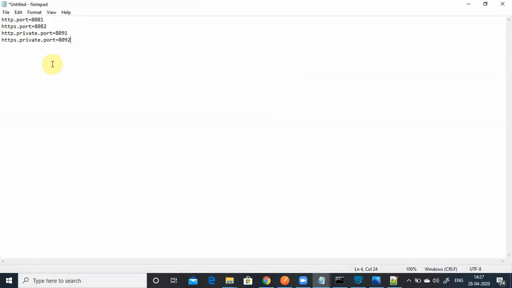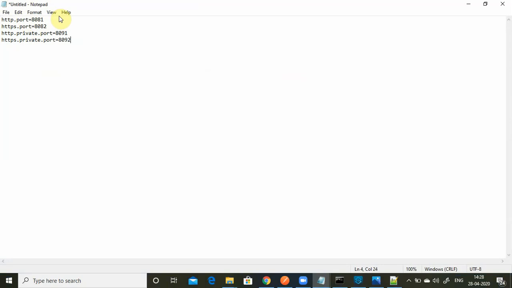For http.port, if you want to run your application on HTTP on the shared load balancer, you deploy the application on 8081. When you want to run your application on the shared load balancer on HTTPS, you have to deploy the application on 8082. Let's consider you have a dedicated load balancer that is part of your Anypoint VPC.